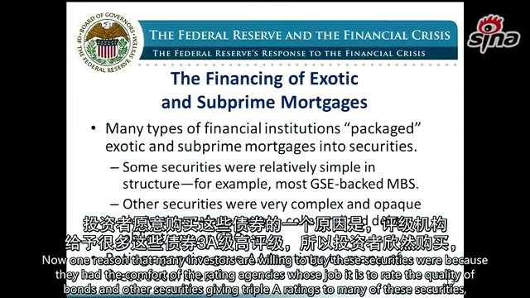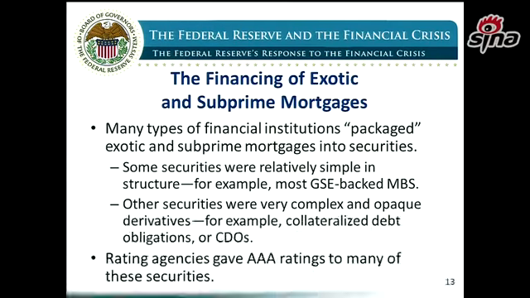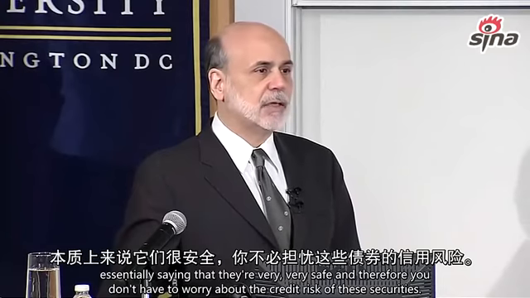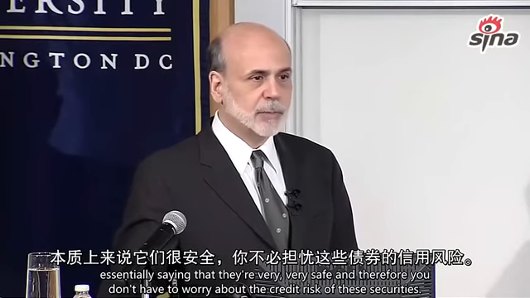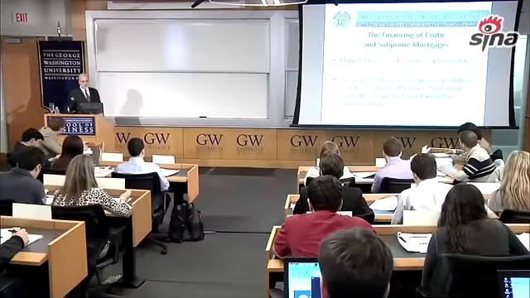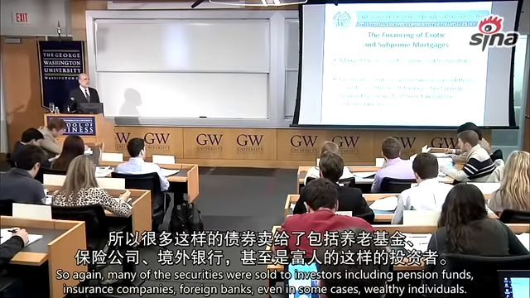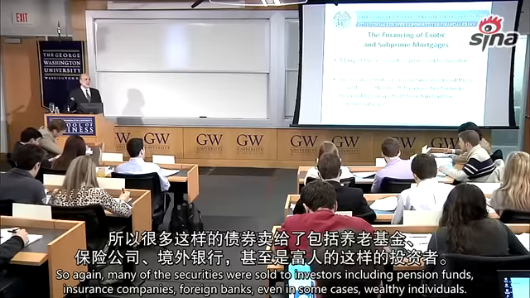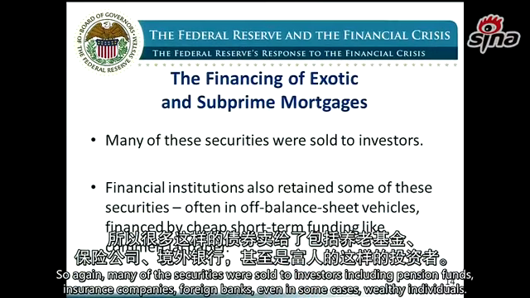Now, one reason that many investors were willing to buy these securities was that they had the comfort of the rating agencies, whose job it is to rate the quality of bonds and other securities, giving AAA ratings to many of these securities, essentially saying that they're very, very safe, and therefore you don't have to worry about the credit risk of these securities. So again, many of the securities were sold to investors, including pension funds, insurance companies, foreign